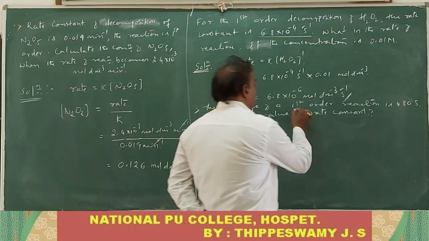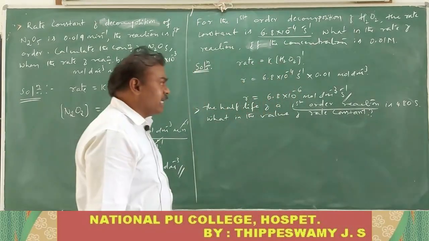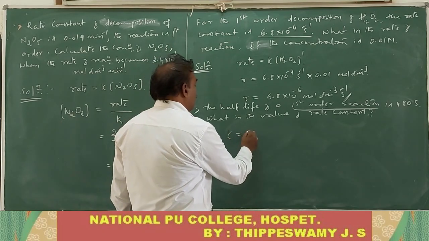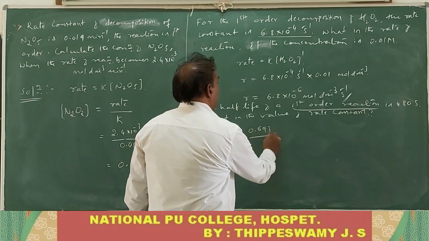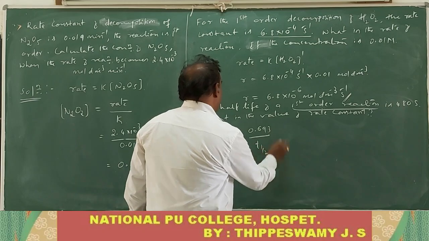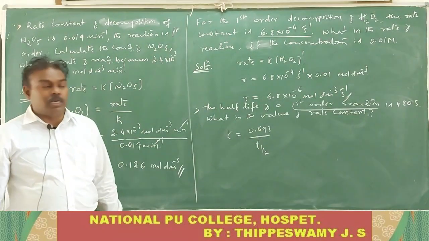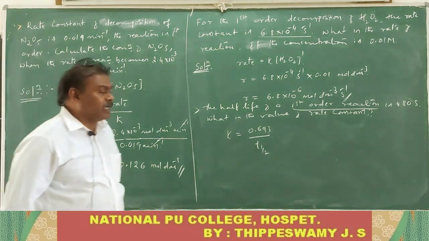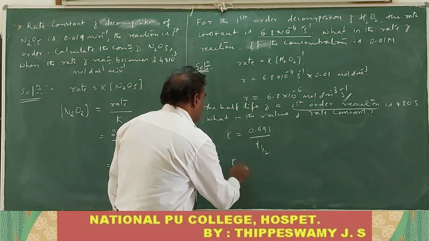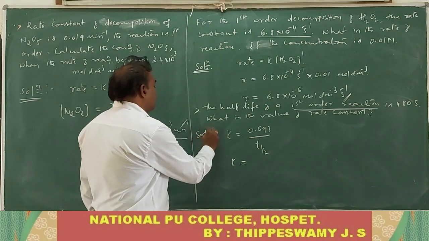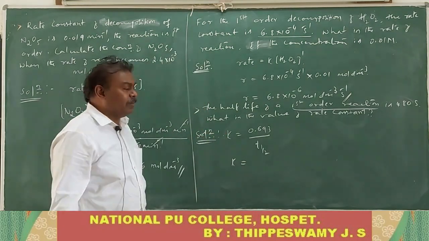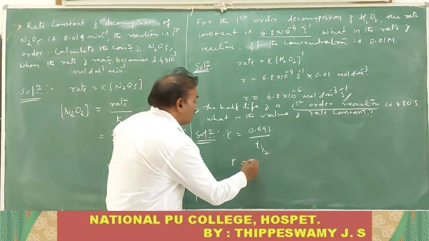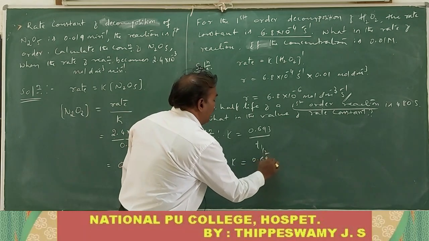It is given for a first order reaction, okay? For a first order reaction, the half-life is given. The rate constant K is equal to 0.693 divided by T half. You can write like this. This is the relation between half-life period and the first order reaction. So accordingly we get the relation like this. You solve by writing the formula K is equal to 0.693 by T half.